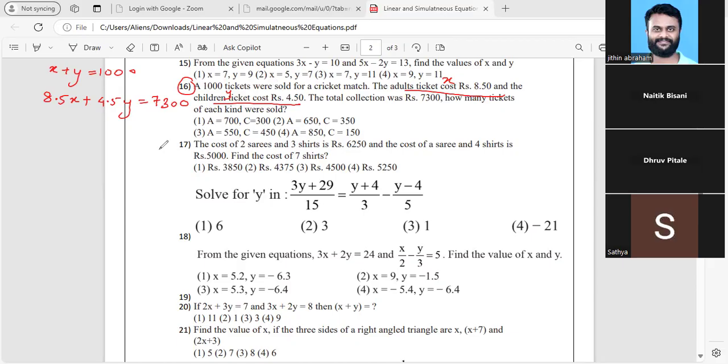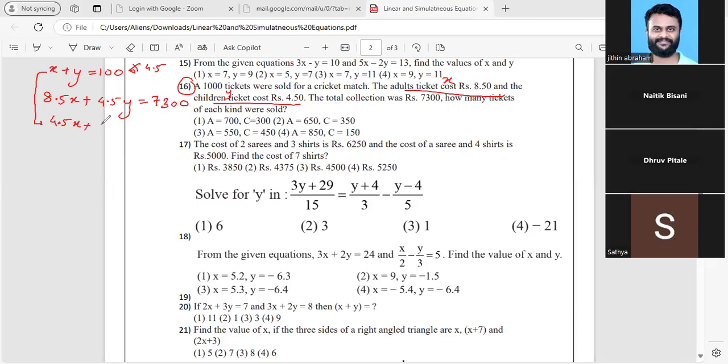Now, how to deal with this? Let's do one thing. Because we have decimals over here, it's okay if you are not comfortable dealing with decimals, you can double the equation so that the decimal is avoided. What I will do is I will be multiplying this first equation by 4.5 or 8.5, whichever suits me better. So if I multiply the first equation by 4.5, what will happen? So this equation will become